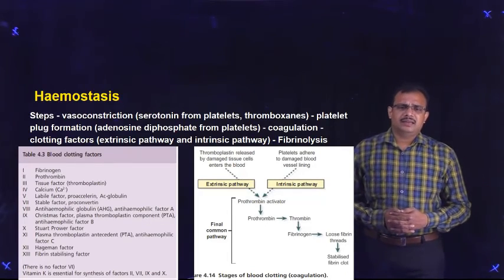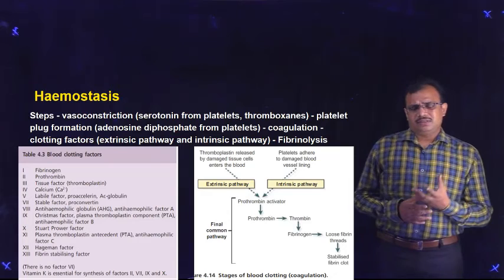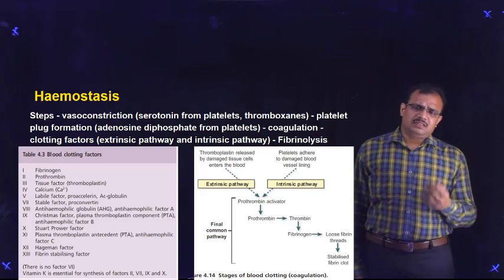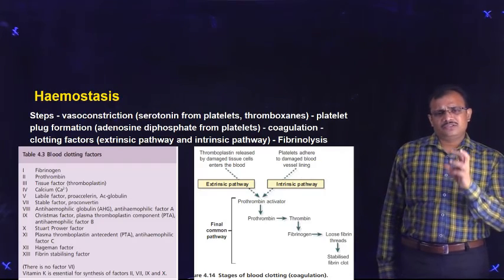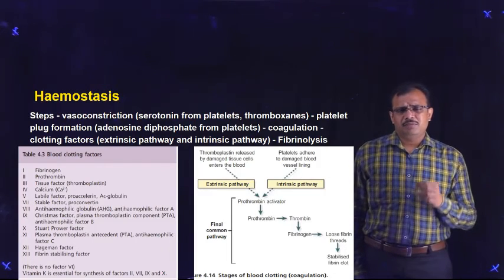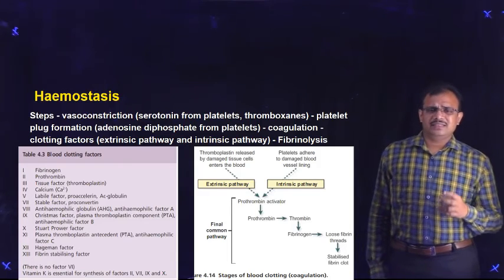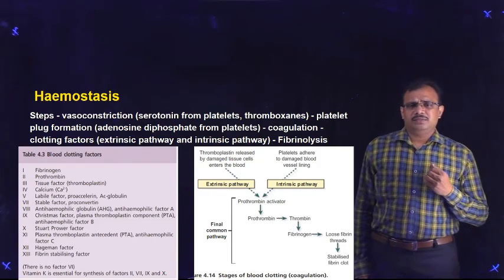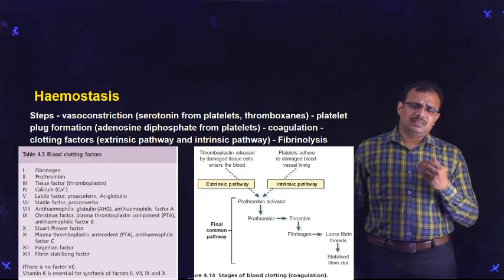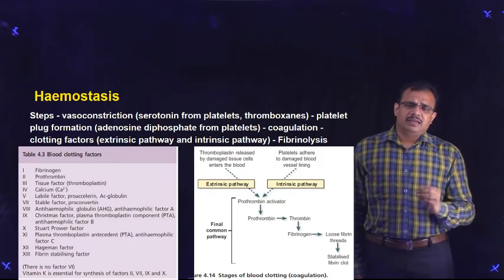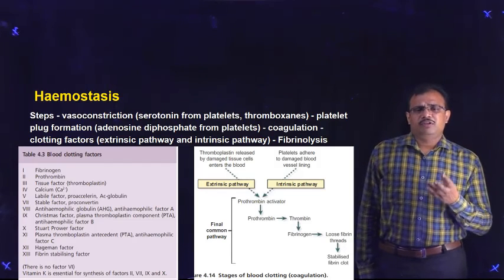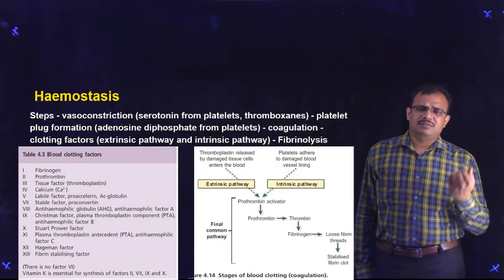And we have seen that after the clot is formed, it takes some time for the damaged blood vessel to be repaired, and once the damaged blood vessel is repaired, this clot has to be removed. This removal of the clot after the repair is called fibrinolysis. This fibrinolysis occurs by activation of an inactive enzyme called plasminogen. The plasminogen that is present in the bloodstream or in the clot will be converted into plasmin, and this plasmin will cause dissolution of fibrin so that the clot will be removed.